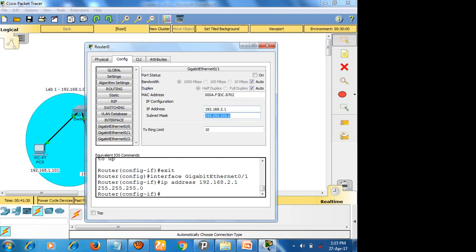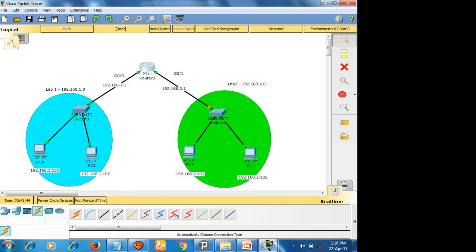For the time being, forget about static routing or something, because I'm using only one router, right? If there are two or more routers, then you can go for either static routing or dynamic routing, right? This router knows all the information about the 2.0 network as well as the 1.0 network, so that it can transmit a packet from one network to another network. So look at this, just wait for a while, it has to turn on.